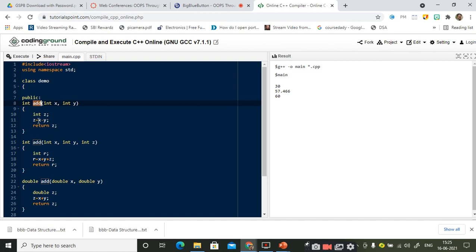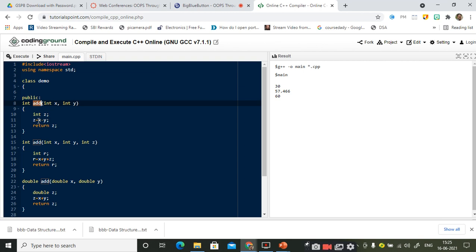So the simple point you have to remember here is the experts always say that the name of the function should always reflect what it is going to do. So add means it is going to add, sub means it is going to subtract, factorial means it is going to find the factorial. Like that, you make a convention that the function name should always reflect the actual task it is going to perform, right? Up to here all the points are clear, right?